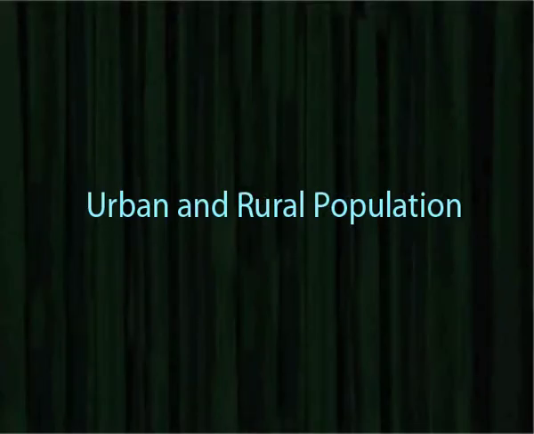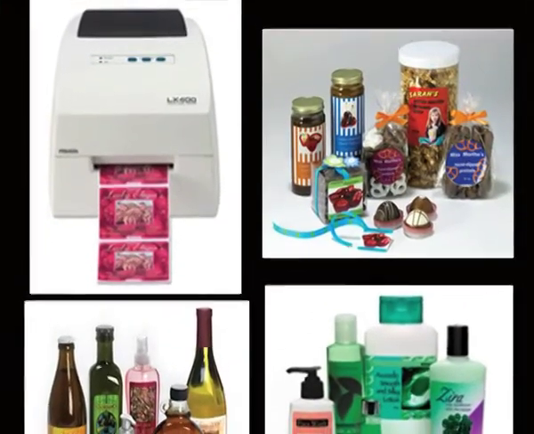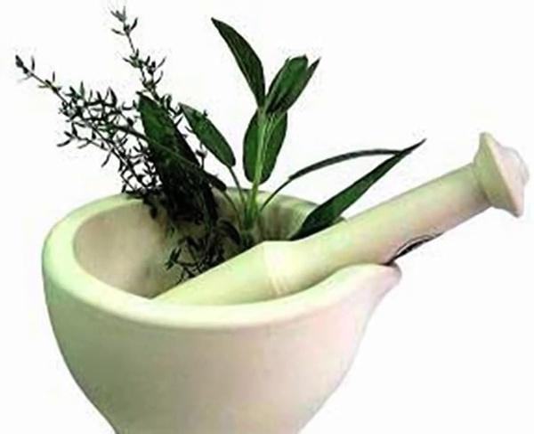The next feature is urban and rural population. There is a lot of difference between the goods and services provided to the urban and rural population. This is simply because the wants and requirements of the rural and urban population are different. For example, the urban population prefers high quality goods and services because most of them are well educated, and the goods and services provided by the business should give the consumers comfort and satisfaction, whereas the rural population does require satisfaction, but they believe in natural products.